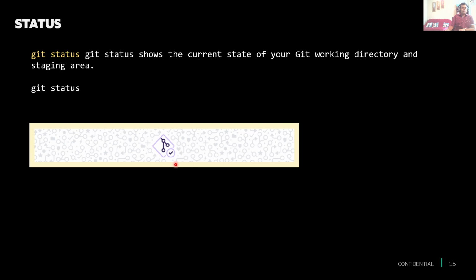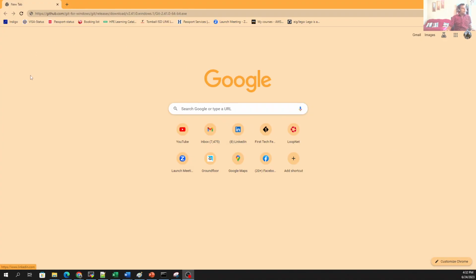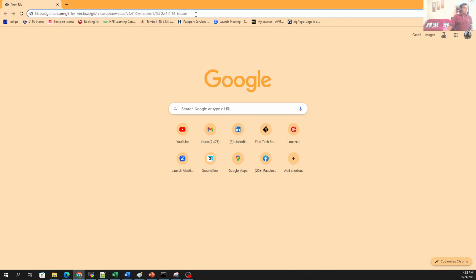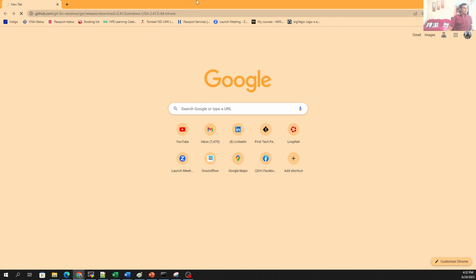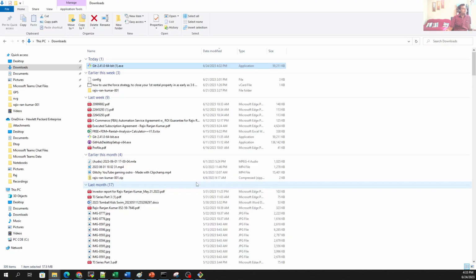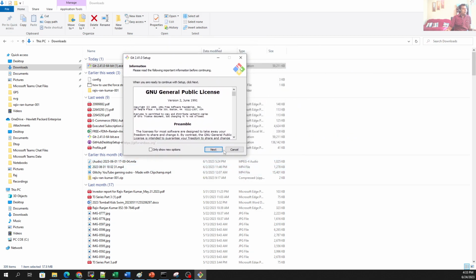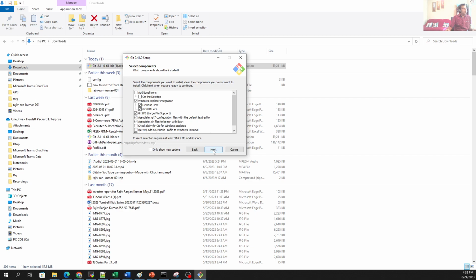So that's all I had from the UI perspective. Now we will change the gear and take a look at a live demo. We'll start with the URL and navigate to the page, and this will start the download. The download is going on. Now we have already downloaded it, and we'll double click and the installer will launch, and this is simple next